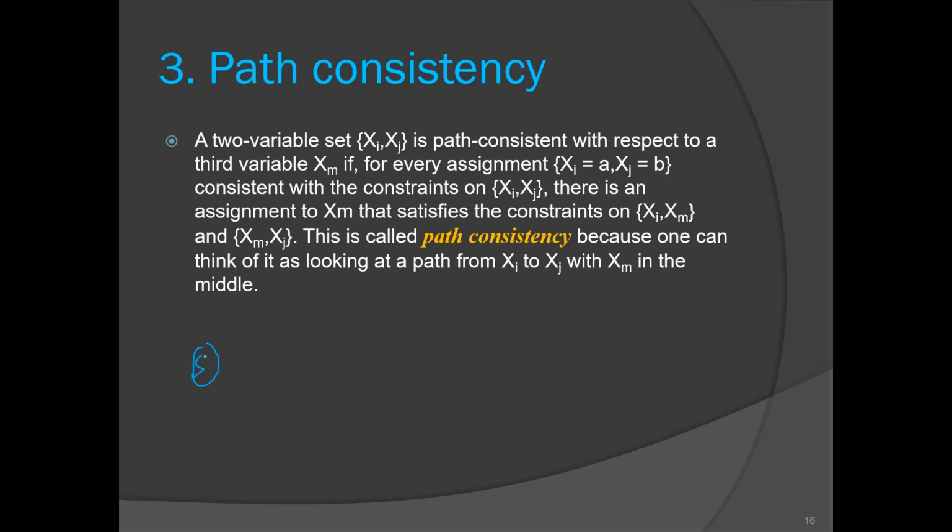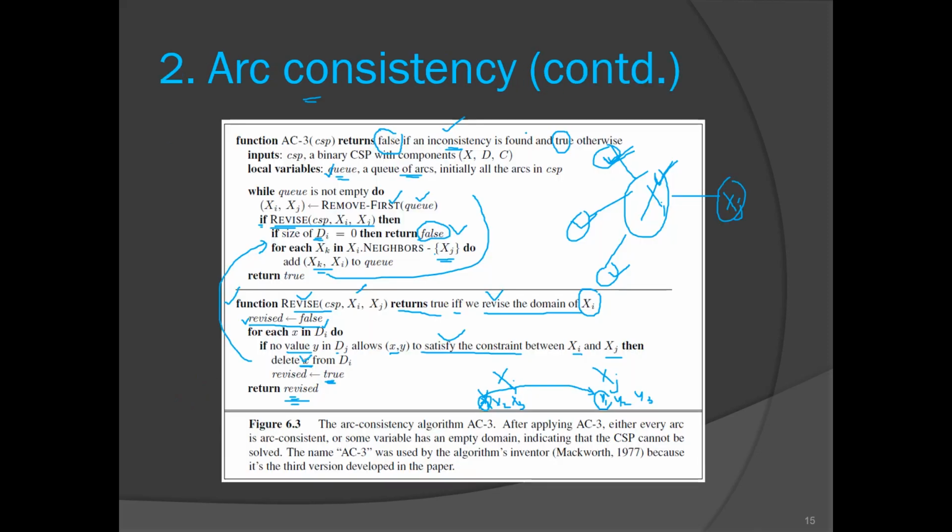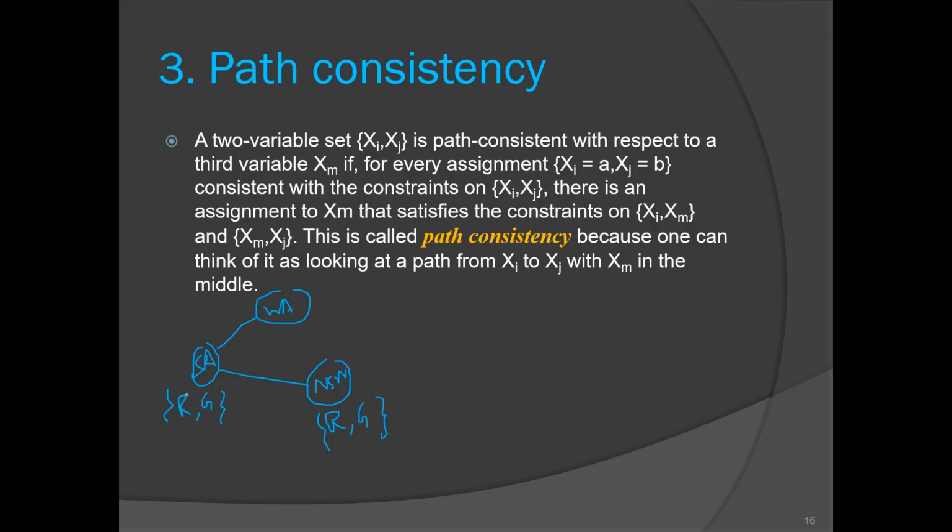So we have South Australia and New South Wales. Consider we have only two colors, R and G, and we want to color the entire network with these two colors only. And we have Western Australia also, which is connected to SA. Now we know that this graph coloring is not possible with two colors, but are we getting an inconsistency if we consider arc consistency?